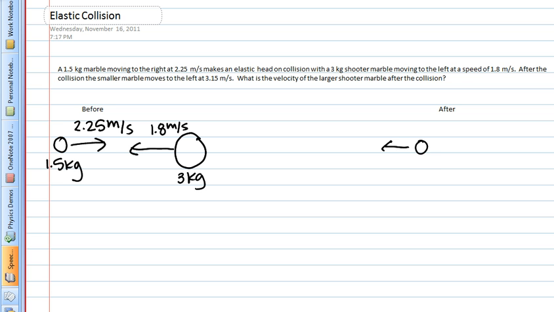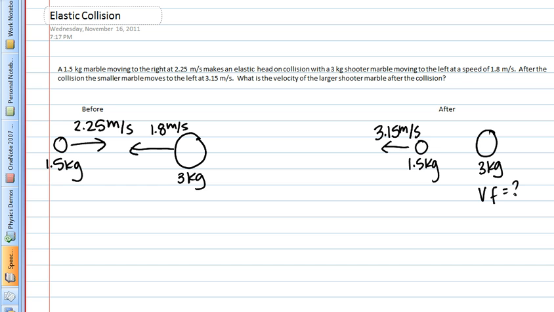traveling to the left. And this is our 1.5 kilogram marble. It's traveling to the left at a speed of 3.15 meters per second. That leaves our large marble here, and our goal is to determine what is the final